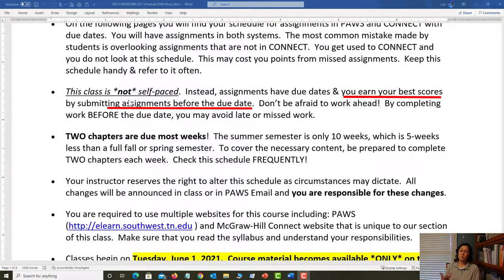And that's true in this business course because business runs on time, right? So use these due dates that you're going to see in this schedule and look at the next page, page forward into the next week, so you can see what's coming down the pipe. In that way, if you know that you have family obligations, work obligations, obligations for other classes that you may be taking this summer, you can manage your time more effectively. You might notice that you have to work ahead to get things done before the due date, not after.